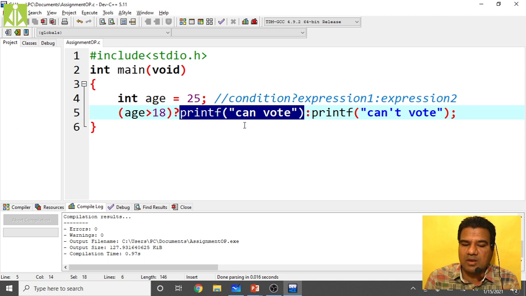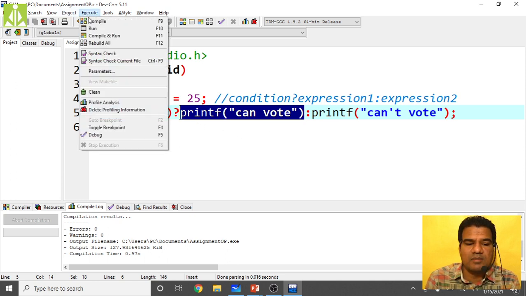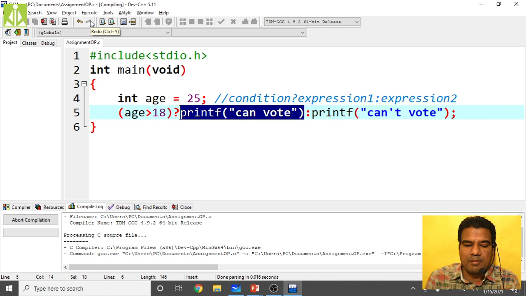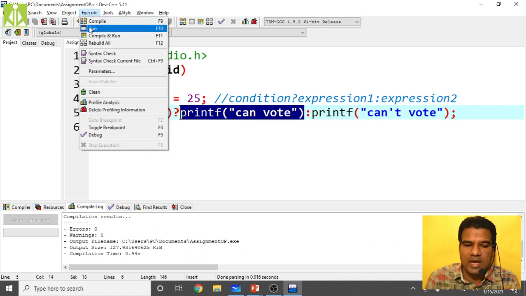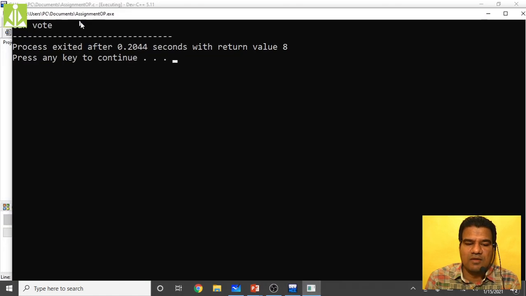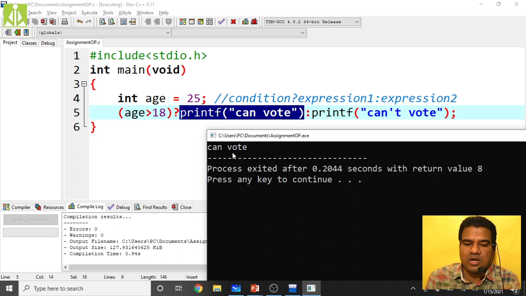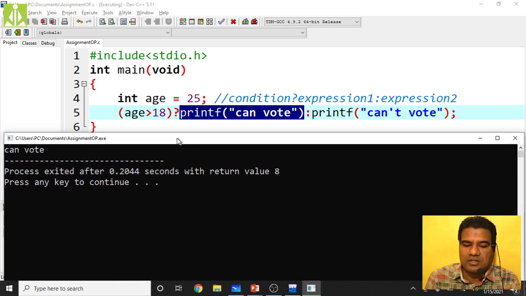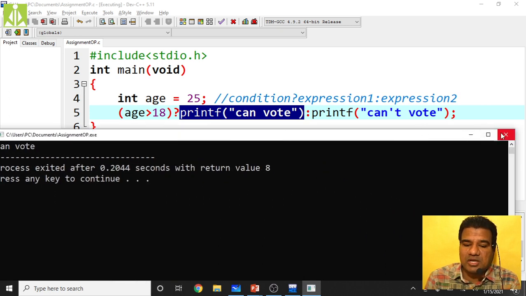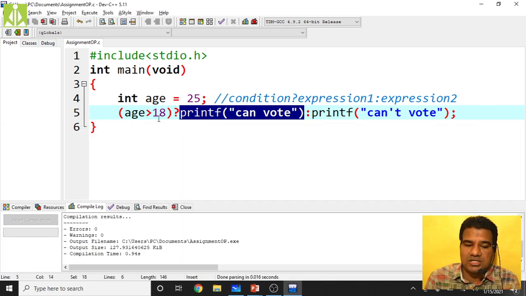When you execute, you can see we are getting can vote, because my age is greater than 18 years, my condition is becoming true, and the true expression gets evaluated from the conditional operator.